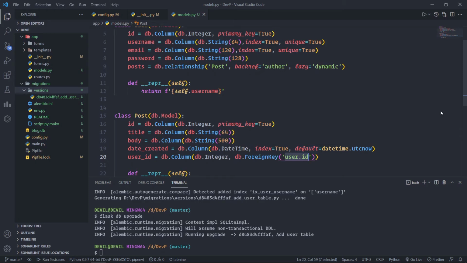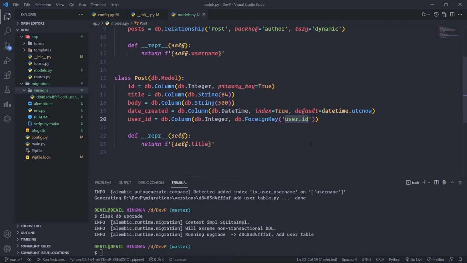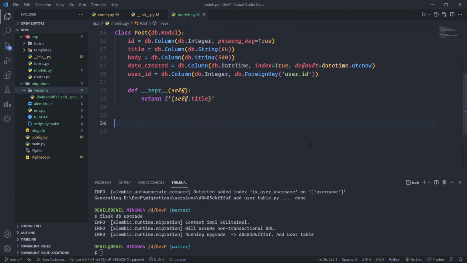So for example, if we have a user stored in u, the expression u.posts will run a query that returns all the posts written by that user. Let us suppose there is a user called u, and when we run u.posts, it will return all the posts written by that user.